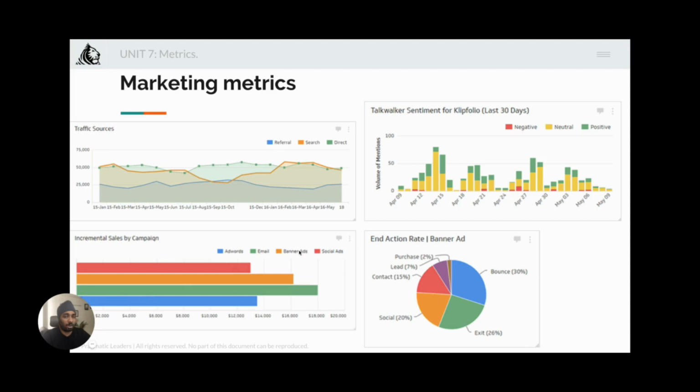Right? Now, you might be wondering why are we reading about marketing metrics? See, I think by now you should stop thinking in that direction, because as a product manager, you need to know about almost everything, how things work and what metrics matter for a marketing guy and so on. Because a lot of times the success of your product will actually depend on these metrics, and these are the metrics that you will also define as the success of your product, right? And that's why it's important for you to know what metrics matter for your business stakeholders, right? Because ultimately you're building in collaboration with them, if not for them.